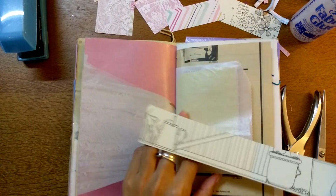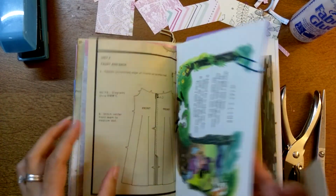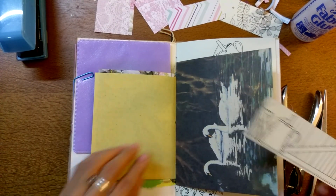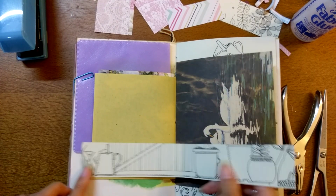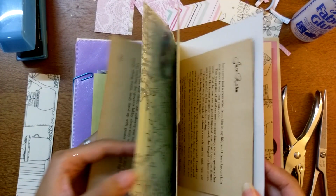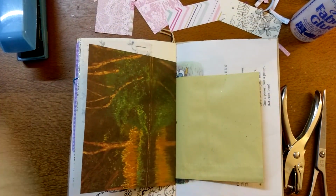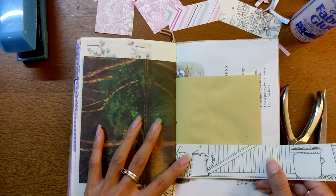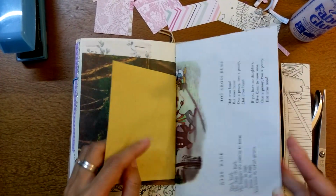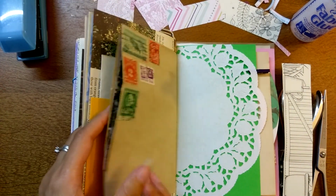I really want to put this somewhere, like maybe to decorate some sort of a page with it. But everything already is quite busy, so I don't like things to be too busy. Not that you'd know with this journal at the moment. But I could put them like that, and then you could make another tuck spot. My goodness, it's just getting so chock-a-block with tucks. And I don't know if I want to do that, so...